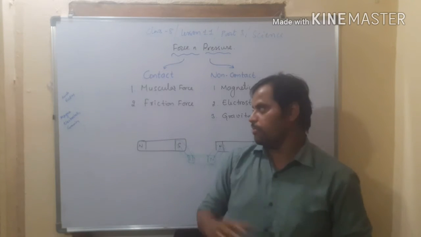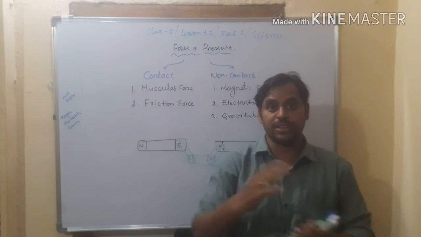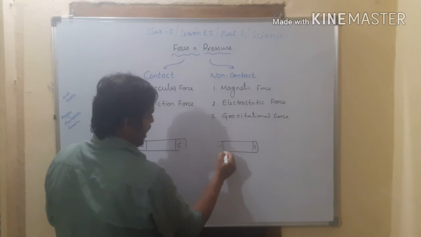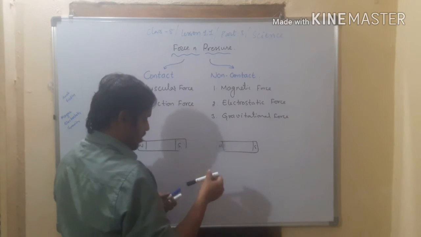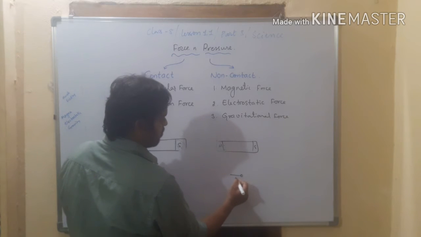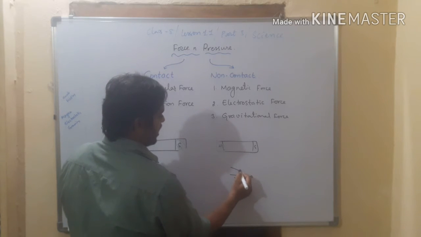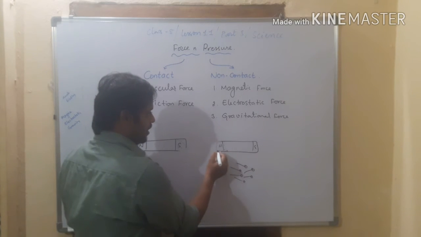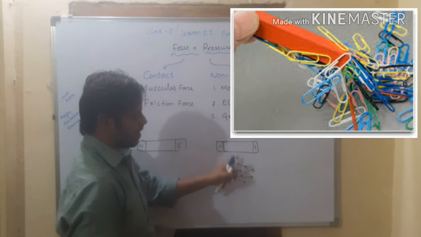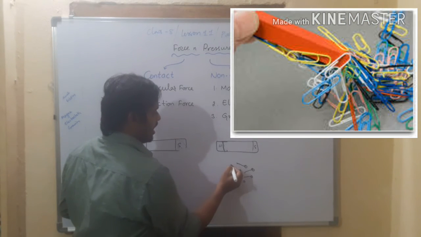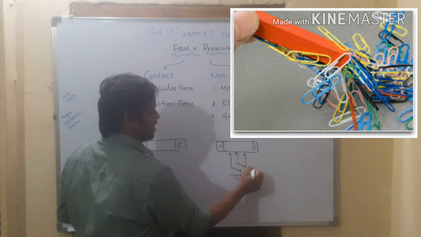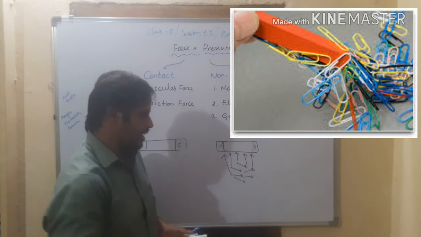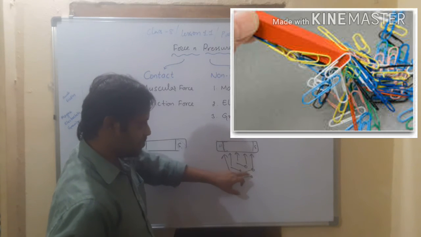So now see how the magnetic force can be applied without touching. Now take a magnet and move the magnet towards pins or iron nails. Then what happens? Even though there is no direct contact between the magnet and the iron material, these iron materials move towards the magnet. How is it possible? Here the objects are moved.